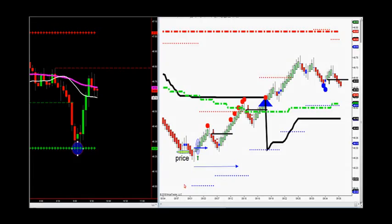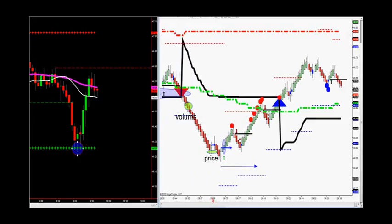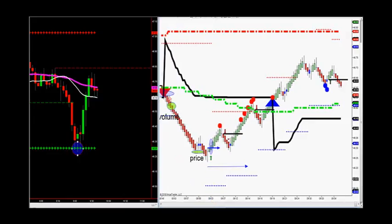Let's go crude oil. Okay, the projected low. We had volume profile here in green. We have price profile right below that. When it comes down to volume profile, it came down to volume profile, but we never got a pull-in